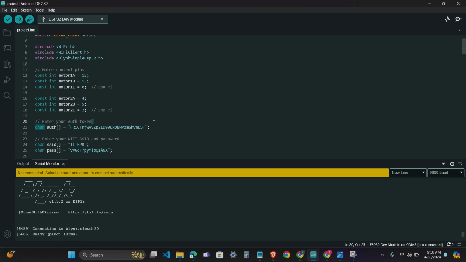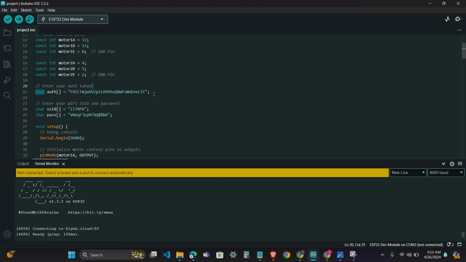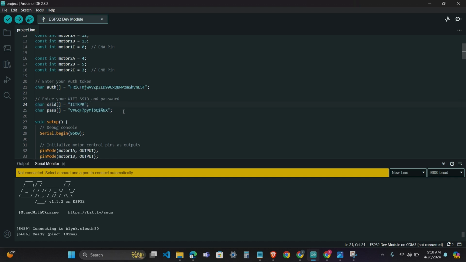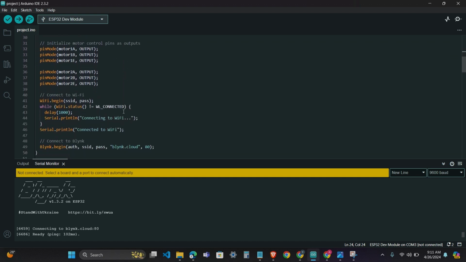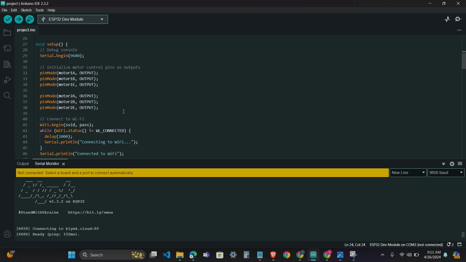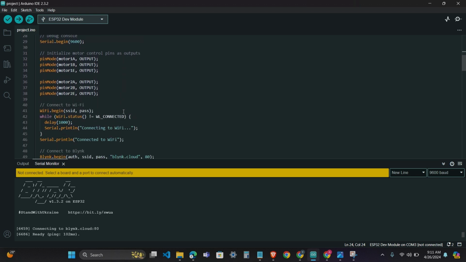So we install the Blynk library, and this function enables a loop to constantly communicate with the server, and these are the details of the Wi-Fi to which our ESP32 will connect and establish a connection with the Blynk server. We can toggle switch states on the ESP32 from the Blynk server,